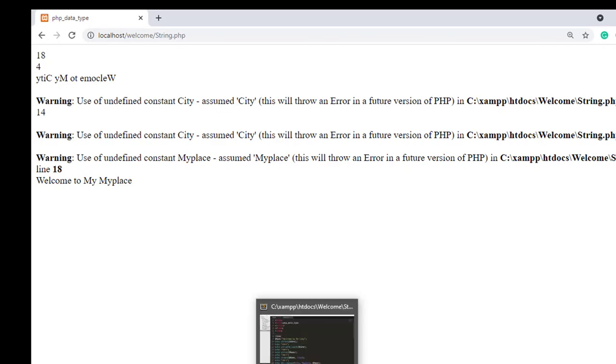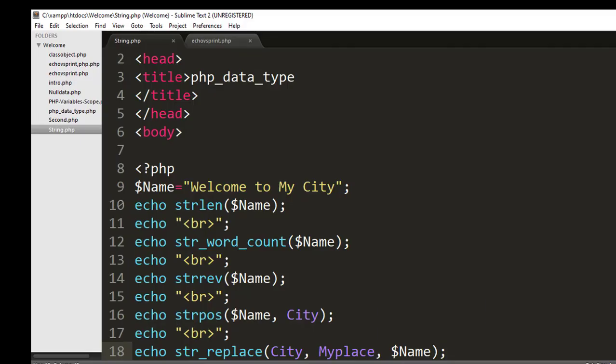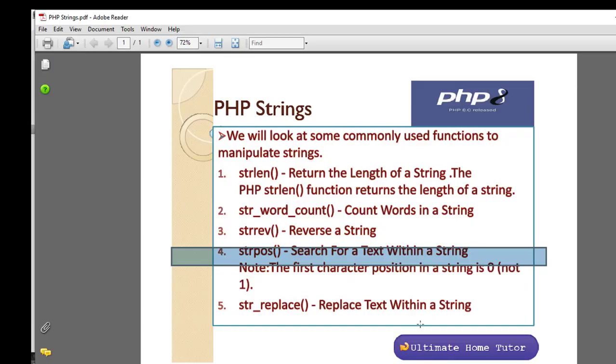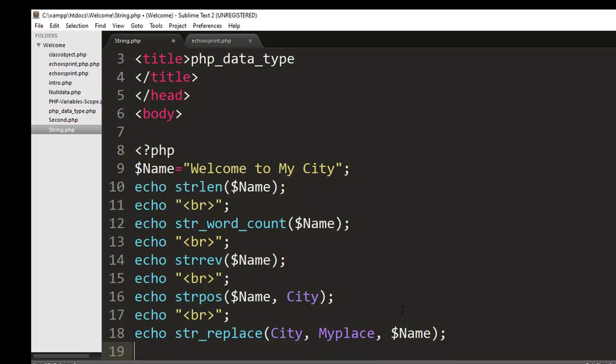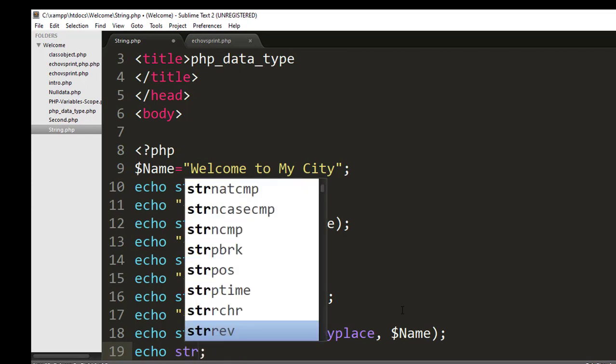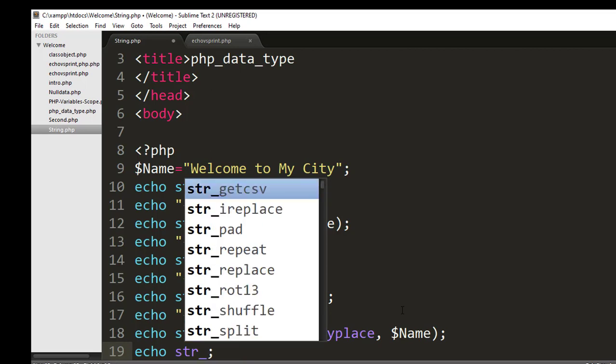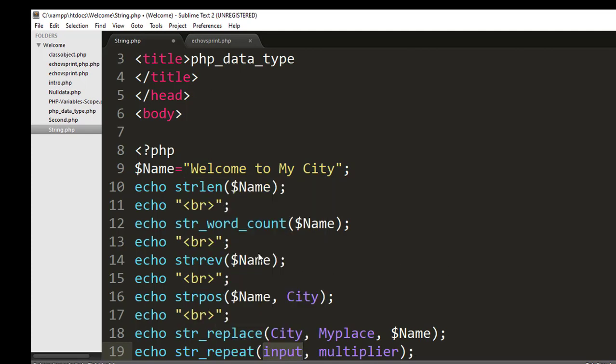There are so many things we can do with string manipulation functions. Then again there is str_repeat.